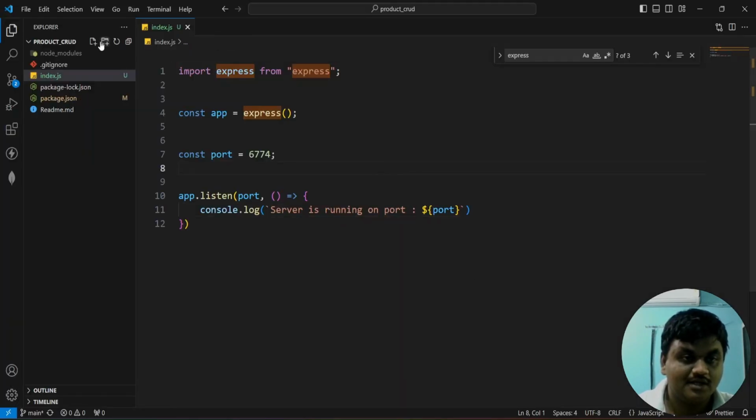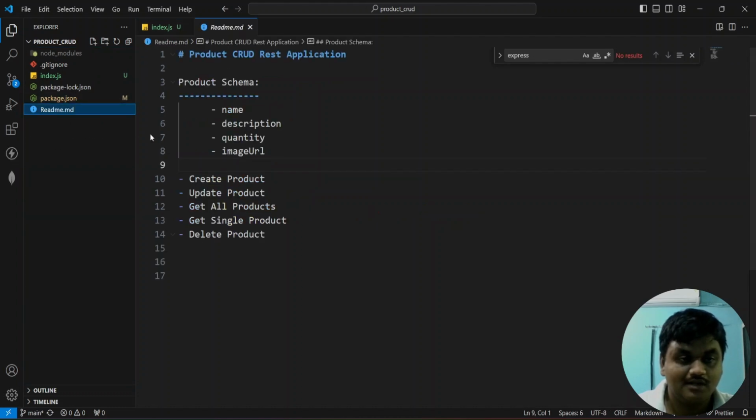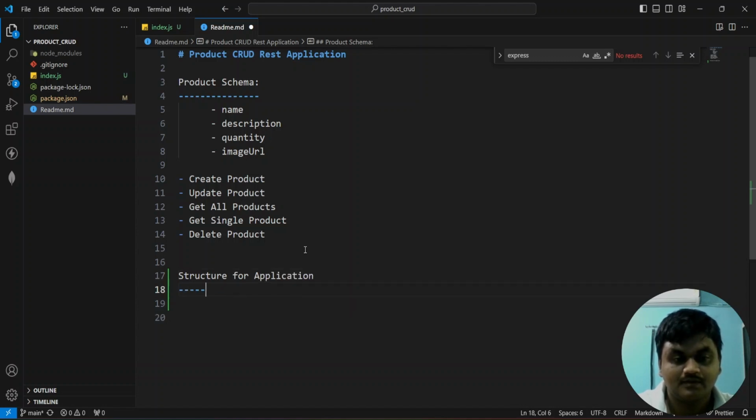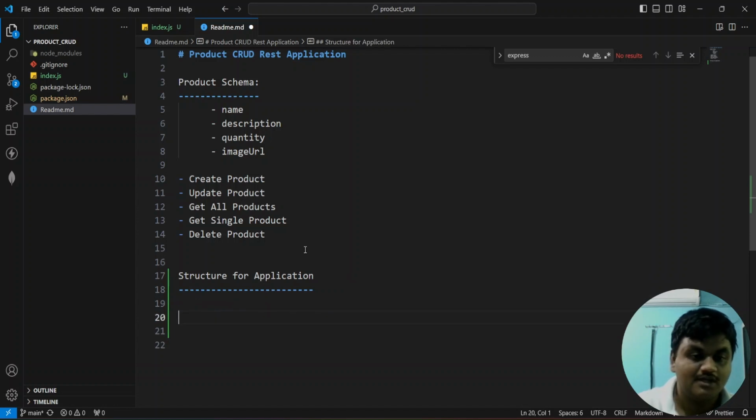After writing this, here I'm going to create the profile structure. For this, I'm going to do it here in the readme: professionally create the structure for application. Further, I'm going to create some folders called routes,